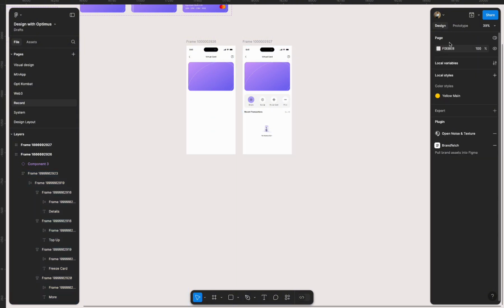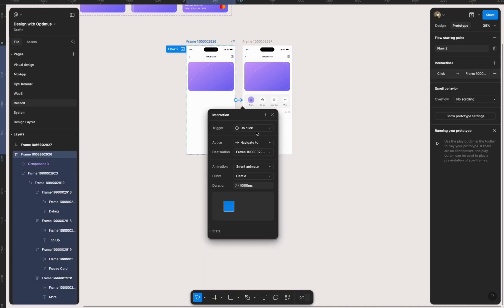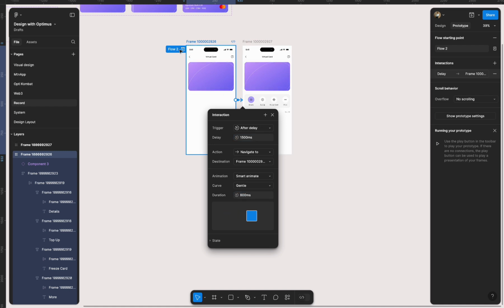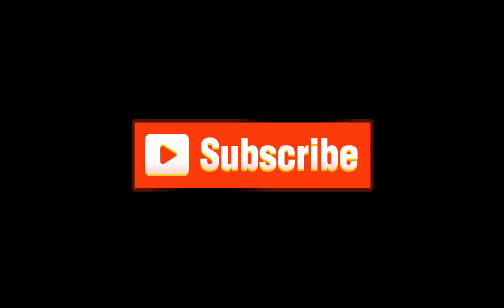Yes, perfect. So I'm going to add the prototype, then link it together, select after delay, maybe 1, or oh yeah, let's keep it at 1,500 because I want the first interaction to be done. So let's check that. Perfect. Yes, I think I like that. Look at that again, then come in. Let me know if you have any questions in the comment section. All right,